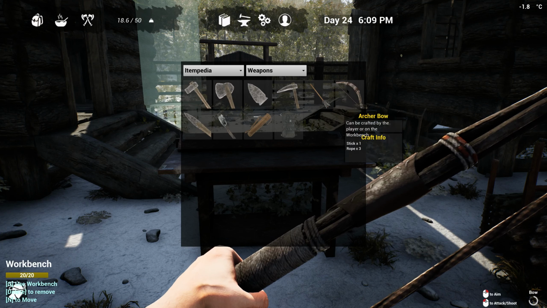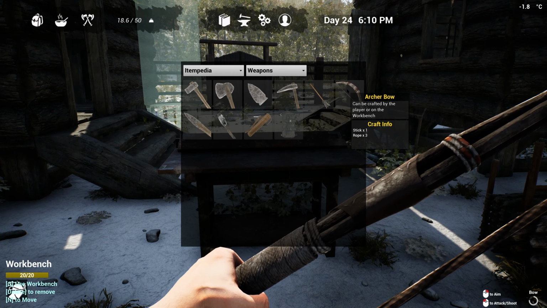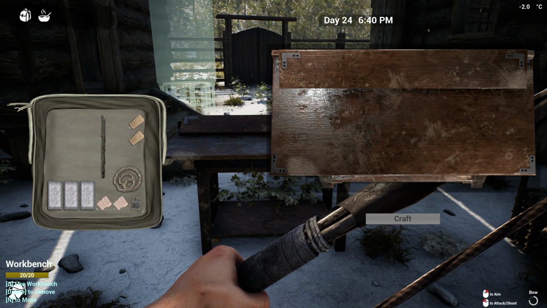Right, next up is going to be the bow. The archer bow. I don't know why they call it that, but it's the archer bow. That's going to take 1 stick and 3 rope. Now, we have the stick. We know about that. Let's talk about the rope. So for the rope, you're going to need 2 plant fibers that we talked about earlier, which you get from cutting down trees. So we go to the workbench,